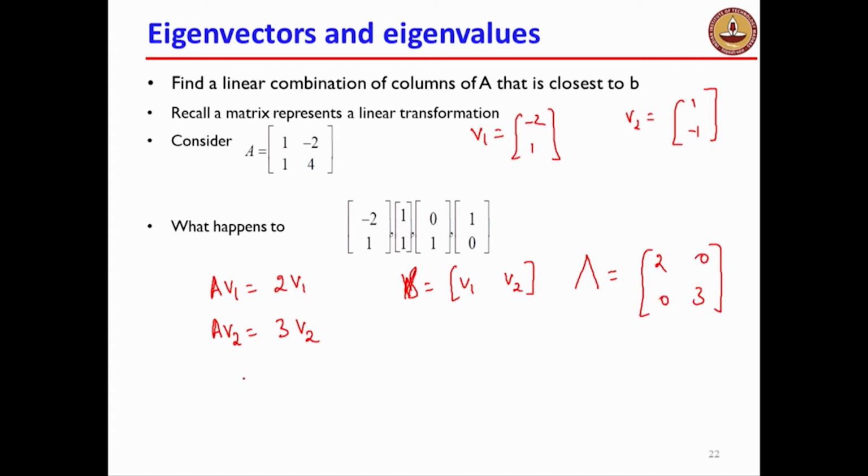So I can combine all of these into one matrix equation, AS equal to S lambda. AS is equal to S times lambda, and in this case you will notice that the two eigenvectors are independent, therefore this matrix S is invertible, A equal to,